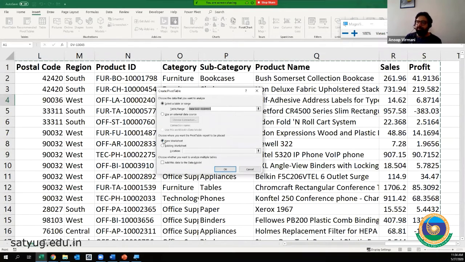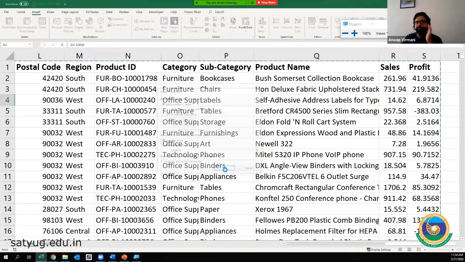Now we select this new worksheet right now. So the first option was this: we select a range. It is basically asking what data you want to summarize. So we give Excel this data, which is the data that we want to summarize. Then we have new worksheet here, right? Because it will open a new worksheet for that summary. And we just leave all the other options. We'll come to that, and we click on OK.